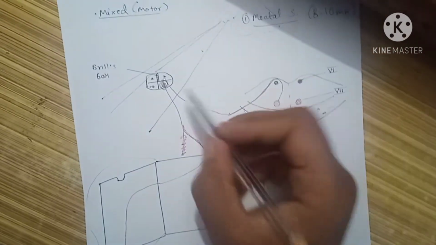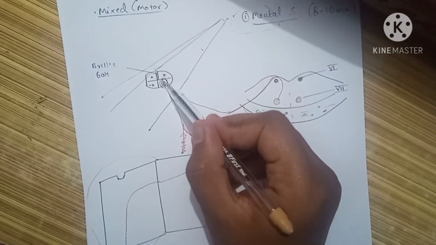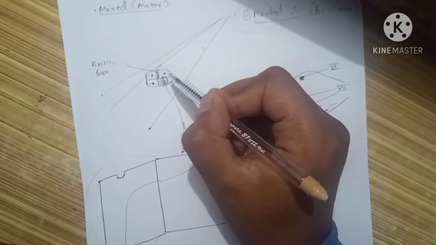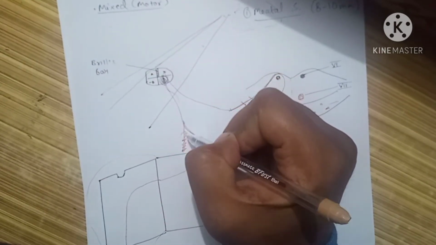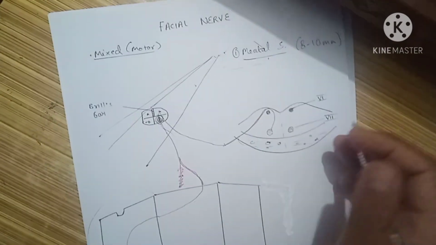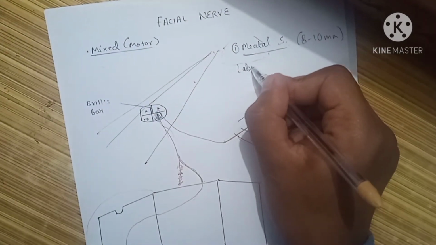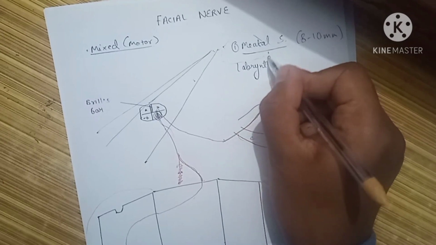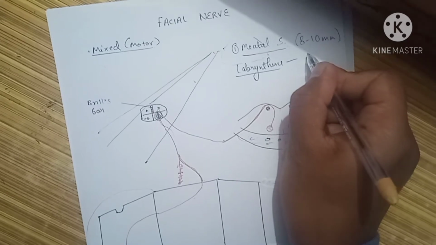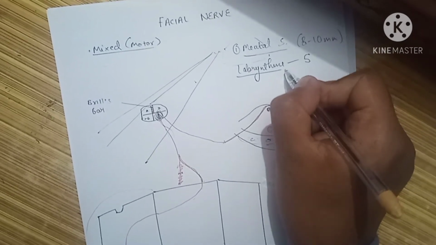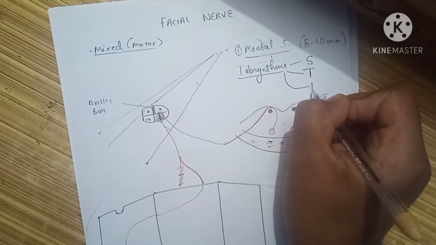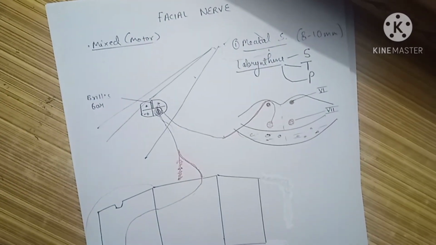Okay, so the part of the facial nerve that is passing through the meatus is 8 to 10 mm. Nothing much about it. After passing through the meatus, it will enter our inner ear. Now this part that passes through the inner ear, we need to remember that it is known as the labyrinthine segment. The things we need to remember about it is it is the smallest part. Okay, it is the thinnest part, and it is the most prone part to injury.